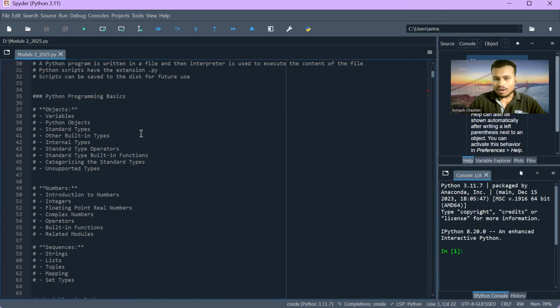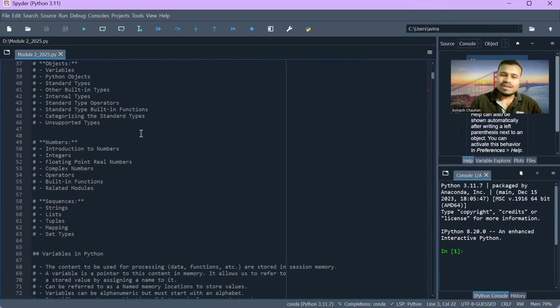For example, if you name a variable print, in Python print means to display anything you want on the screen. Same goes with input, same goes with True, False, int. There are various